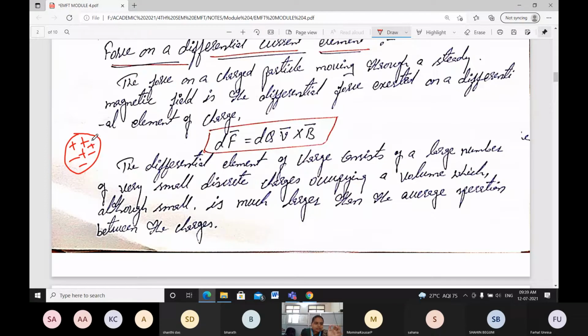Then the separation between one charge and another charge is larger. I am not comparing it with the volume. Within the point charges, the space in between is somewhat large. When I go for a diode, we know the construction is going to be n-type and p-type. Your holes will be on one side and your electrons on the other side. The separation between the charges is somewhat larger.